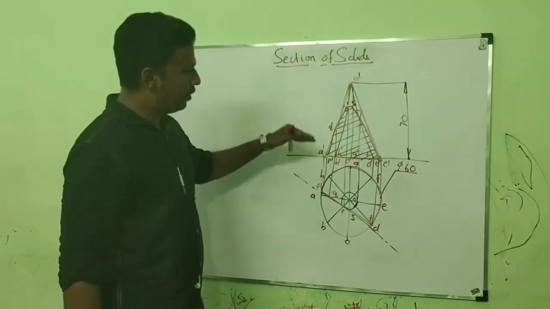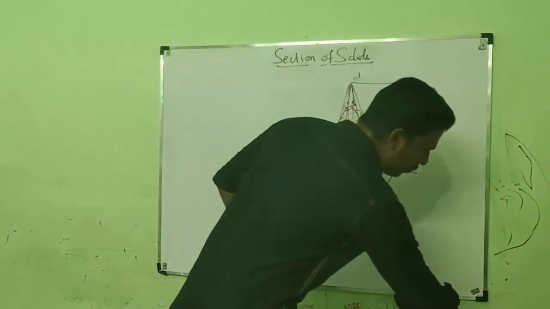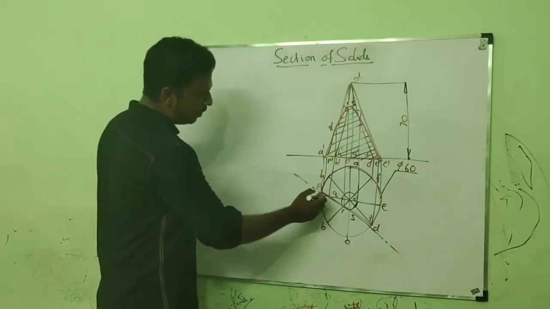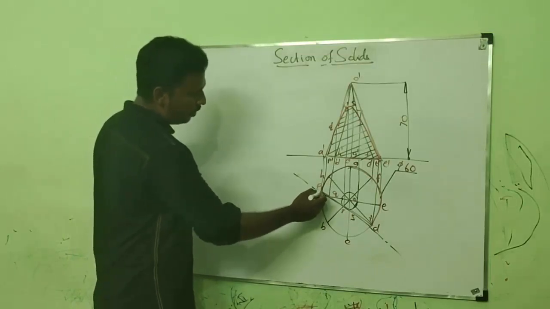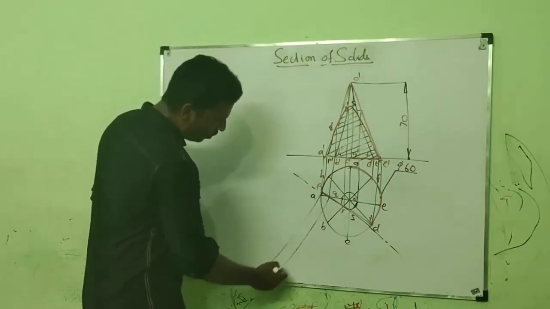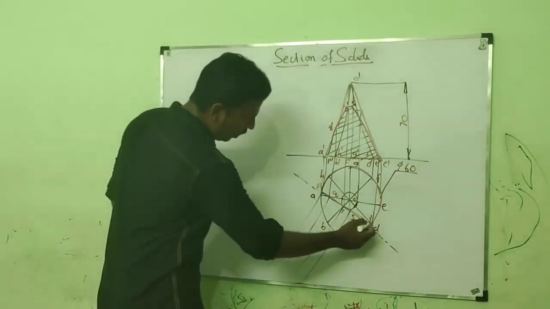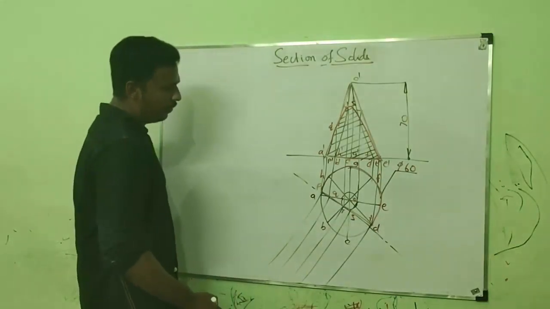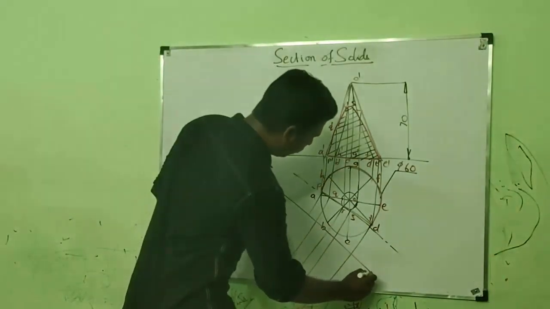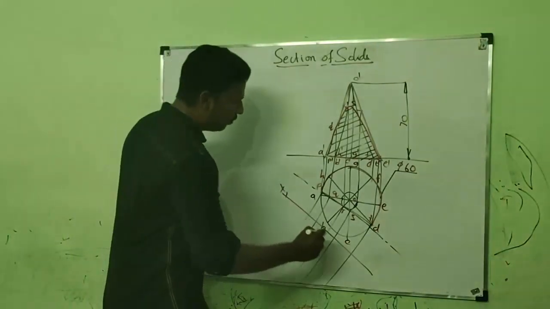Now we have completed the sectional front view and the top view, and this is the time to draw the true shape of the section. To draw the true shape of the section, we have to extend the cut points by drawing perpendicular lines. I am drawing perpendicular lines from P, Q, R, S and T. Then we have to draw a line parallel to the cutting plane, and the line parallel to the cutting plane should be named as x1 y1.